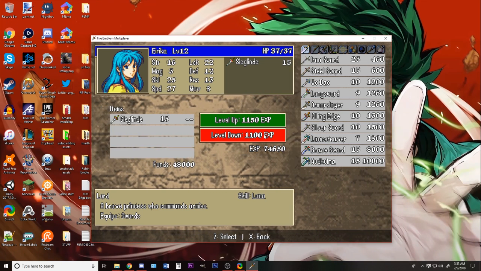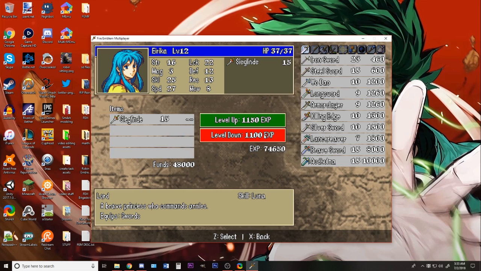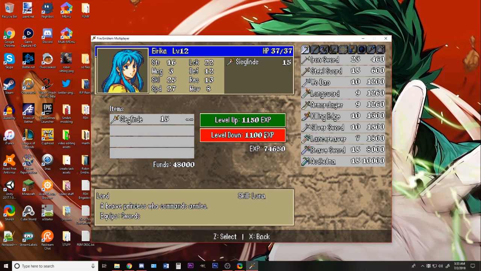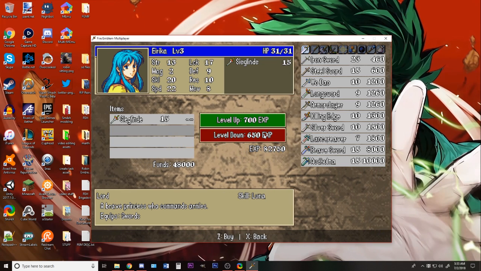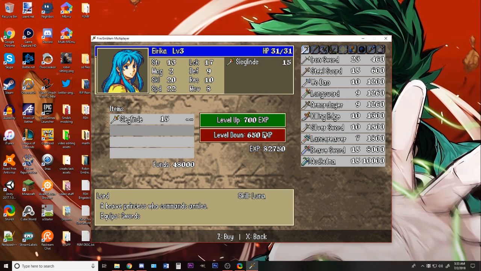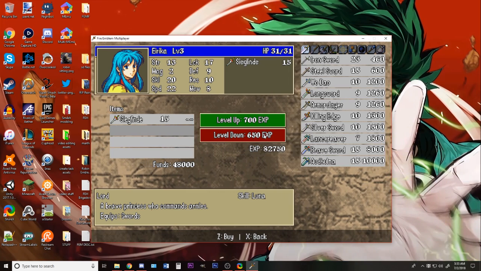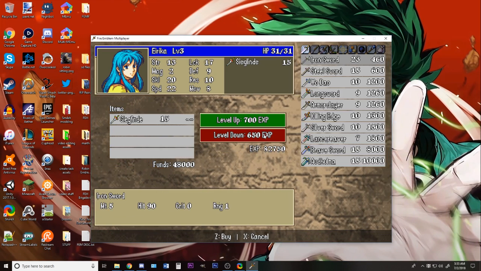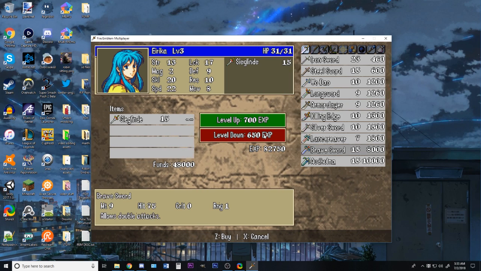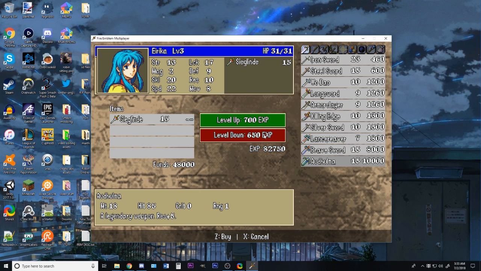But if that's not what you want to do, maybe you want to have some characters that are a little higher level, or some characters that are lower level for some reason. You can do that. You can distribute as much XP as you want, and also you can get items, and you also have a limited amount of funds, so you can't just go willy-nilly with giving everybody legendary weapons and stuff. Like if you see right here, like Aldhuma, it costs about 10,000 gold,